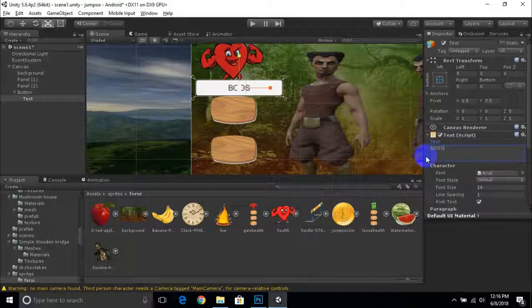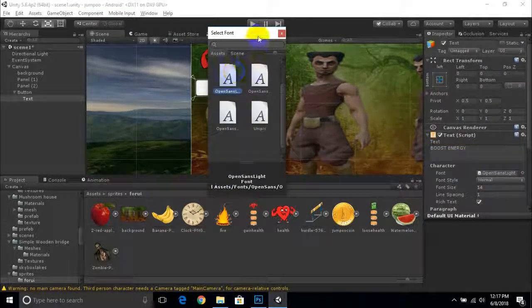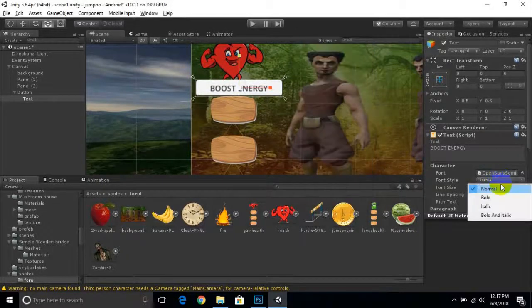So we will add boost energy, and you can add new styles to your text. Also you can download the extra fonts for your text as well, but in our case I will use normal fonts which are already available in Unity, and I'll just make this font style bold,